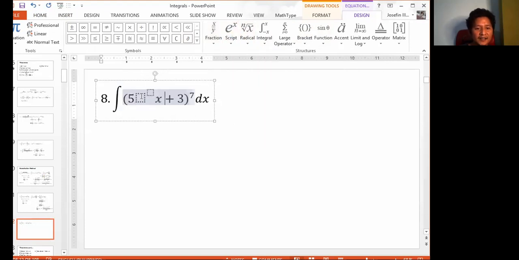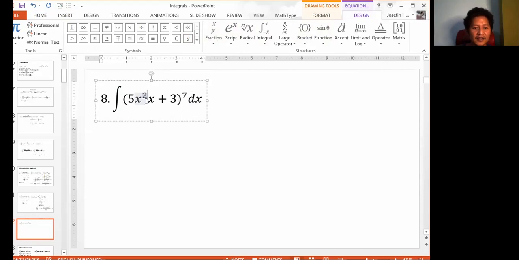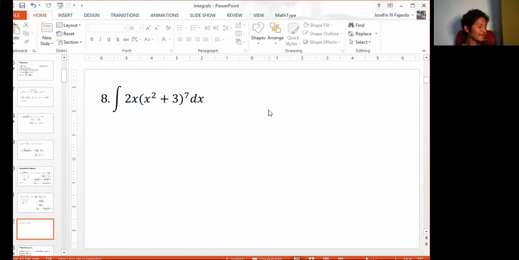Bigyan natin ng exponent dito. Natin itong x squared. Tapos lagyan natin ito. Tapos lagyan natin dito na say 2x. Ito, may natin siyang ganyan. So,